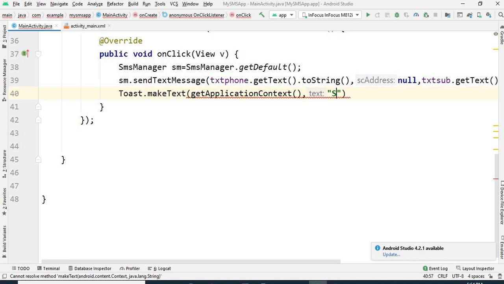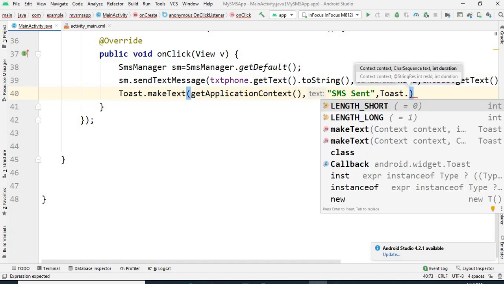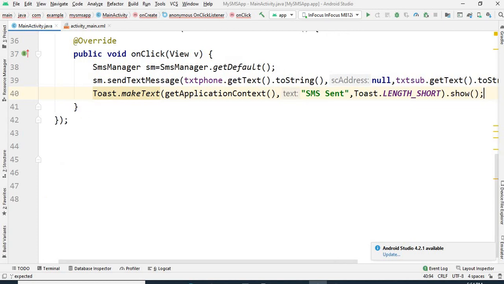I will say SMS sent, this message will be displayed, comma, after that what is the duration? I will say Toast.LENGTH_SHORT, and then you have to write show. Then only you are able to see that toast message.